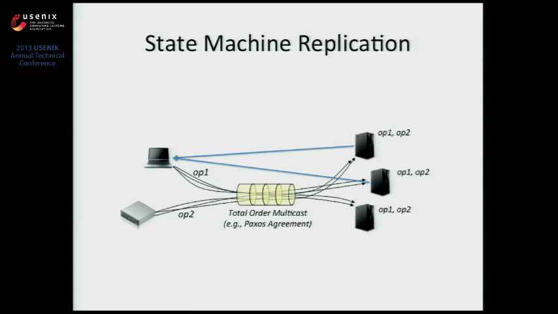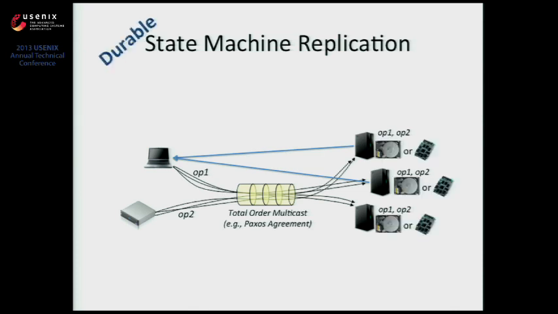In this paper in particular, we want to take this model and modify it a bit, in such a way that some of these operations access stable storage. This is what we call durable state machine replication, because what we want here is, even if all the machines crash after executing some operation, if the client sees a confirmation of the operation, it will be in the state after a recovery.